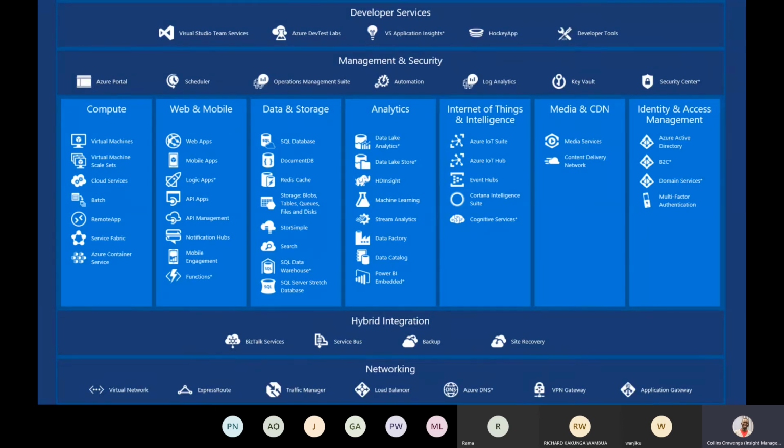And also there is an Azure marketplace that allows partners or Microsoft partners to deliver their services through Azure. So you can think about if you have a data center or you've set up some servers in the cloud, you'd want an antivirus, you'd go to the marketplace and buy an antivirus and deploy it to your infrastructure.